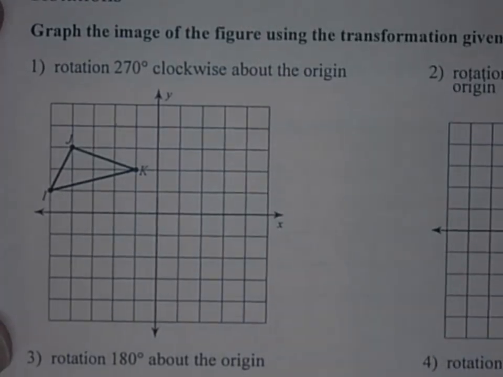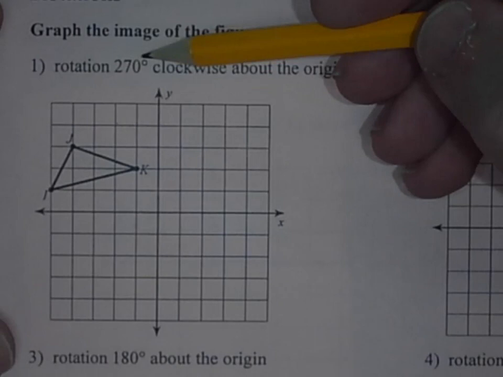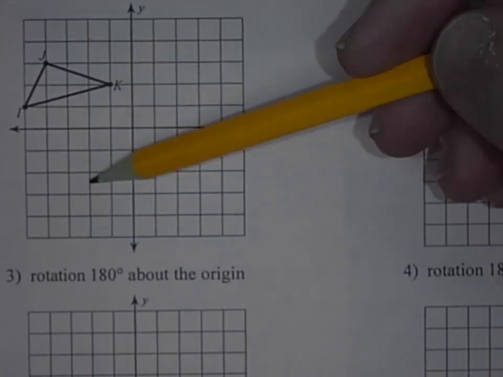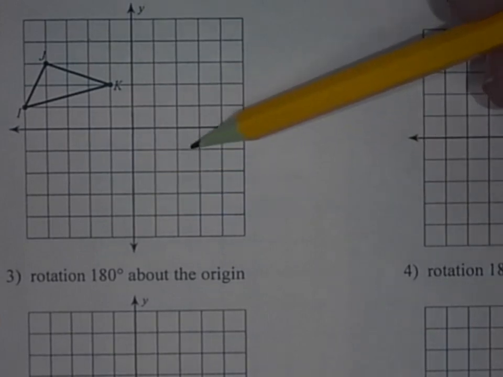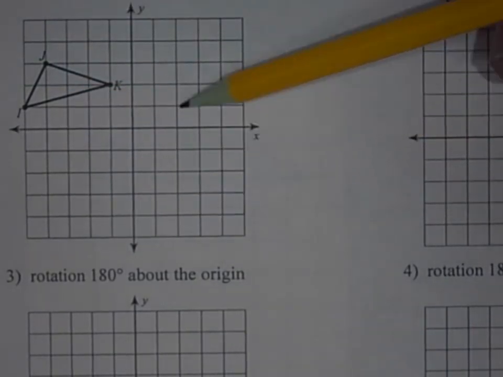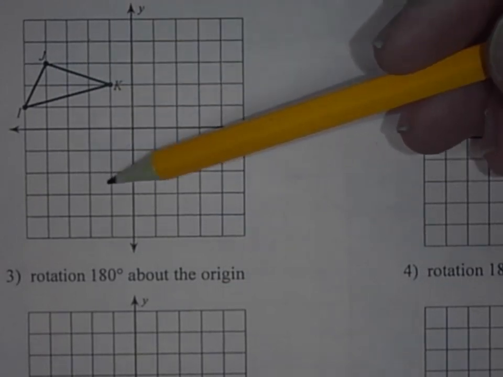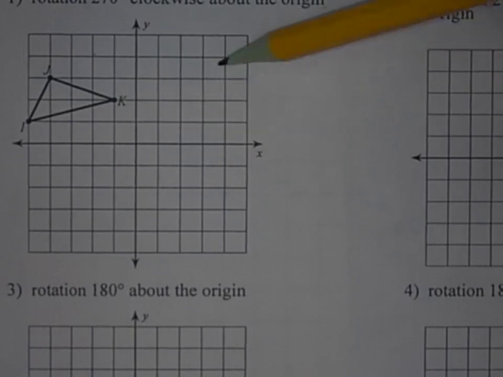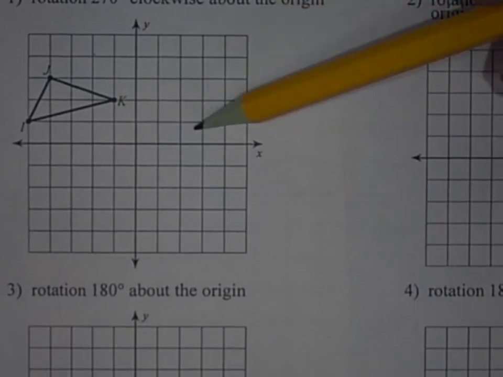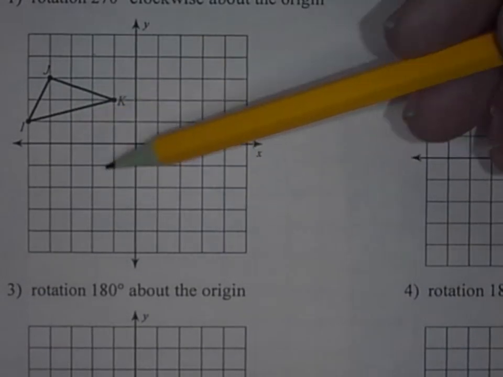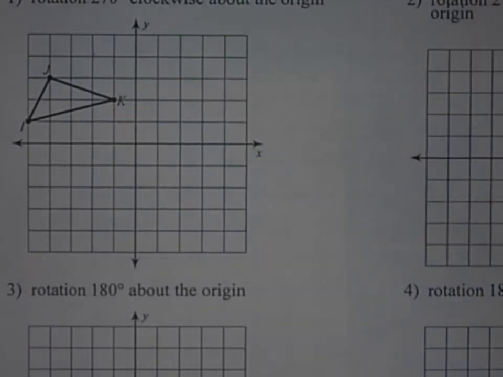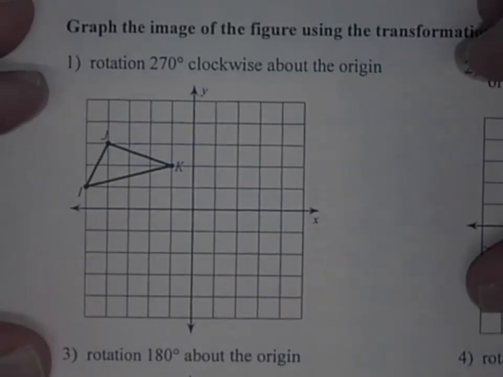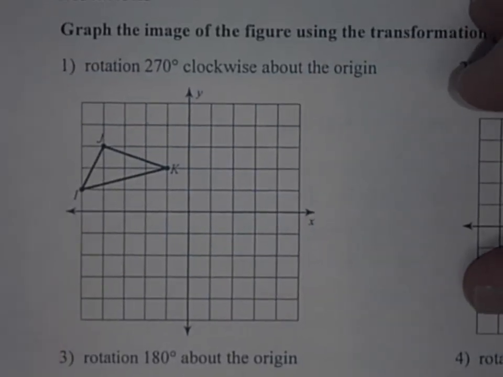Now when you see 270 degrees, that is going 3/4 around the graph, right? So this would be 1/4, that'd be 2/4, this would be 3/4. So if you rotate 270 degrees, it's going to end up in this quadrant. Now, rotating 90 or 270 degrees, I'm just going to do it. So clockwise is going to the right, right? So if I rotate it to the right,